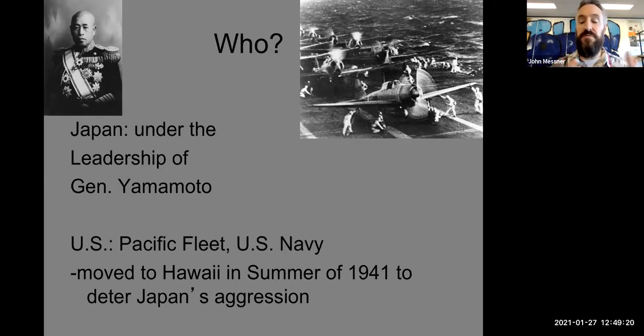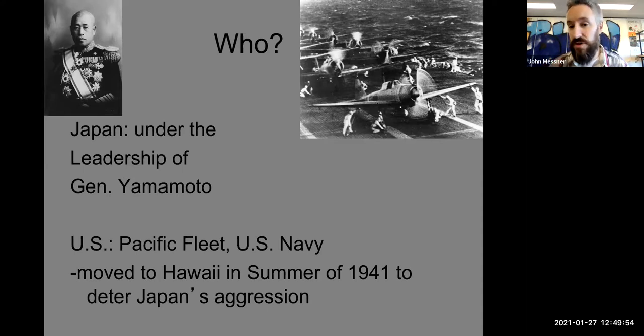Our whole Pacific Fleet was in San Francisco, California, but because of Japan's aggression in the Pacific, we decided, or FDR makes the decisions, he's commander in chief, to move the Pacific Fleet to Hawaii, which at that time wasn't a state, it's just a territory. We decided to move our fleet there to counter this aggression from the Japanese. So it kind of set us up for an attack. I mean, we were just trying to tell the Japanese, hey, we're here, we're watching, we can quickly respond if there are issues coming. So there better not be any issues though.